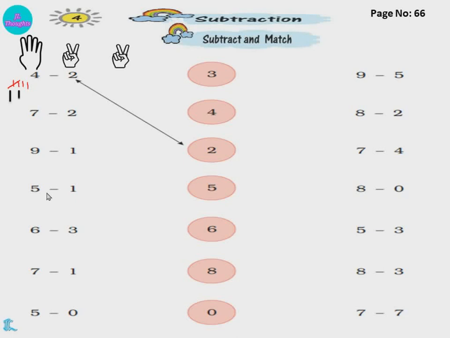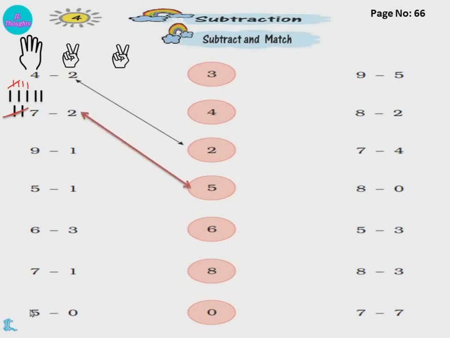7. 1, 2, 3, 4, 5, 6, 7 lines have drawn. Otherwise open 7 fingers. How many fingers you will open? 7 fingers. Minus means subtract. What you have to minus? 2. So close your 2 fingers. Then count the remaining open fingers. I'll show it here. If I cross out 2 lines, then how many left? 1, 2, 3, 4, 5. How many left? 5.